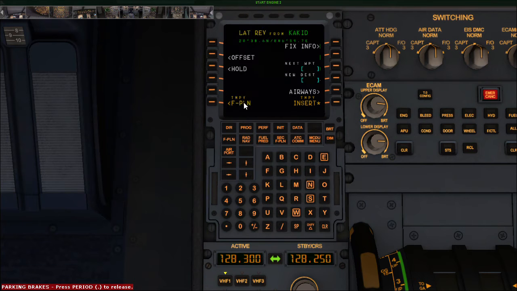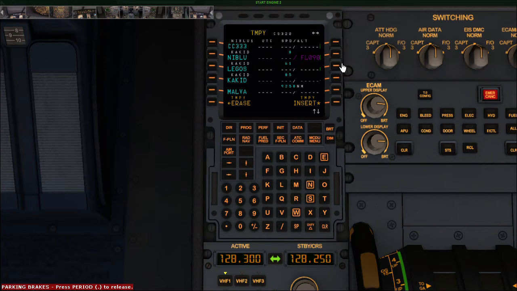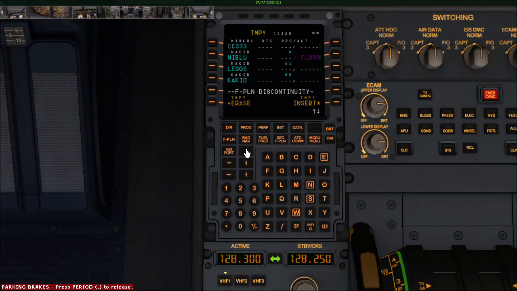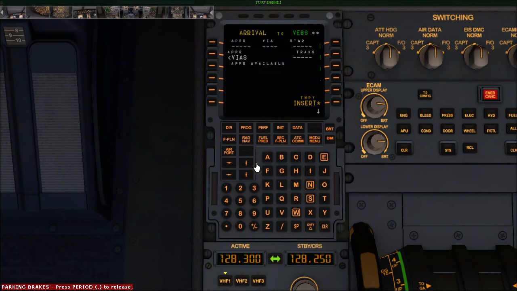Then I'll be selecting Malva, MALVA. Sorry, I think this waypoint is not over here. So I'll be directly selecting this temporary flight plan over here, just to go to the approach and set the arrival.